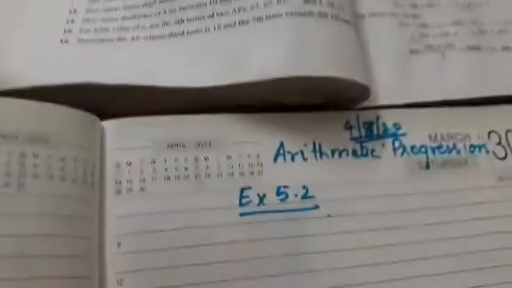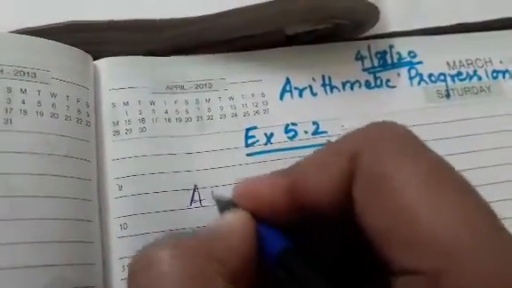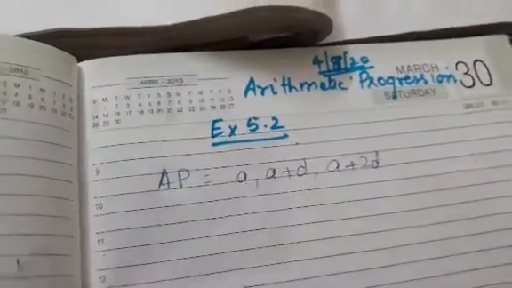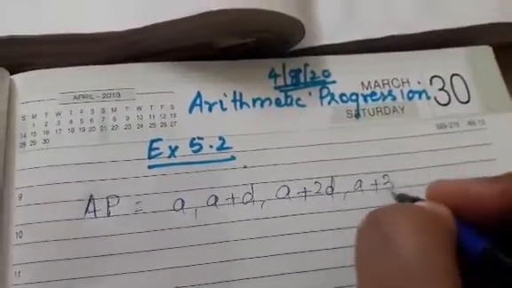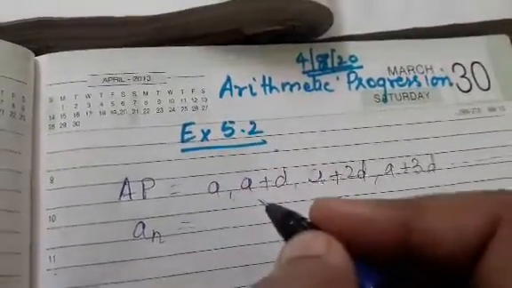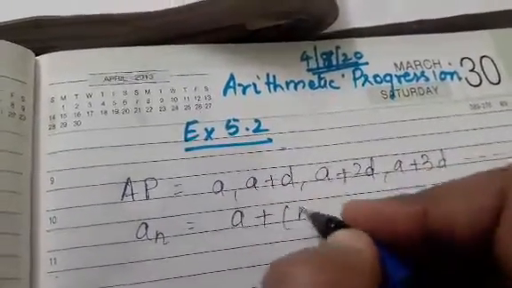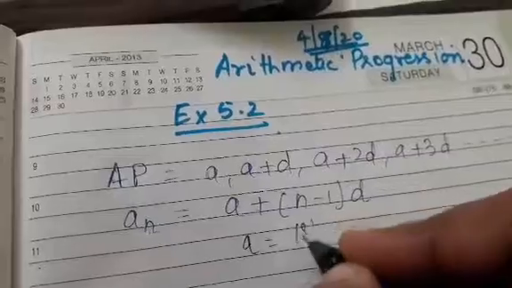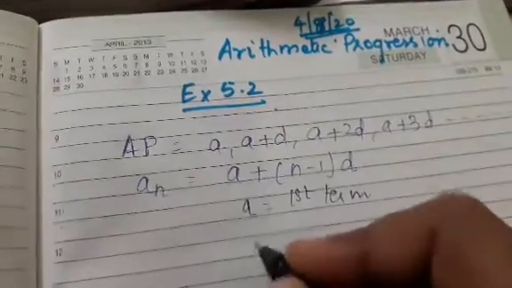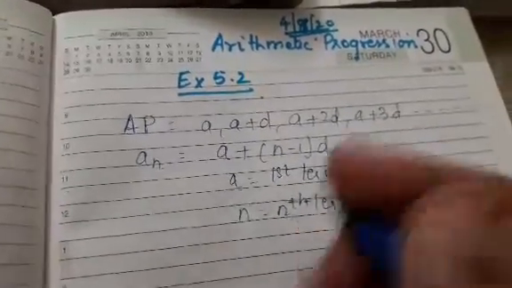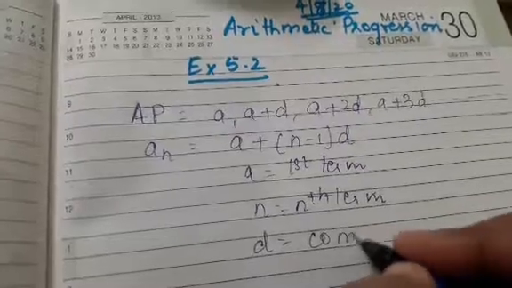So if we have to find the series, the sequence of the series can be written as A plus D, A plus 2D, A plus 3D, and so on. And this helps you to form equations. And to find the nth term of any AP, we use the formula A plus (n minus 1) into D. Children, I hope you know the meaning of A. A is the first term, n is the nth term, meaning whichever term we have to find out will be taken as n, and D is the common difference.